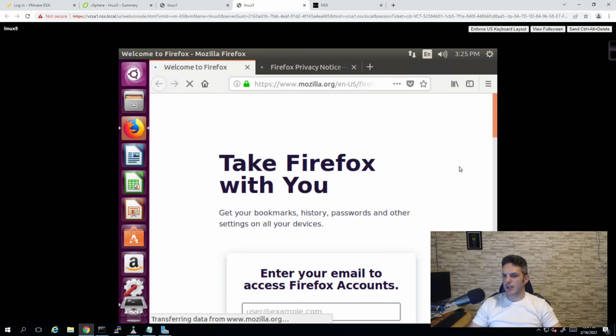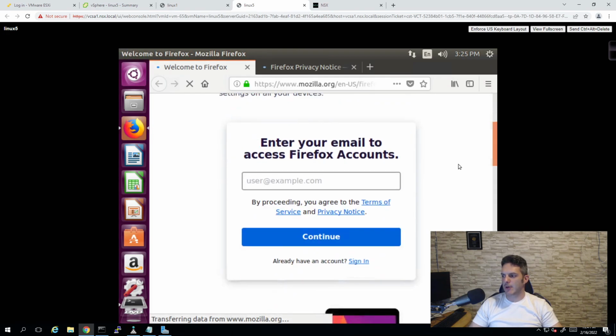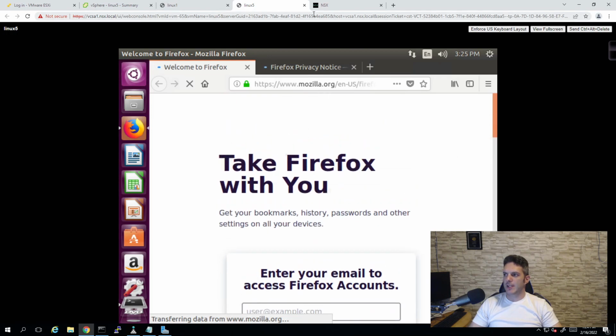And so there you go. So we know the internet's working inside of our environment. Linux 5 is on an overlay segment. Linux 1 is on a VLAN back segment, which means that NSXT is delivering the VLAN segment to vCenter,